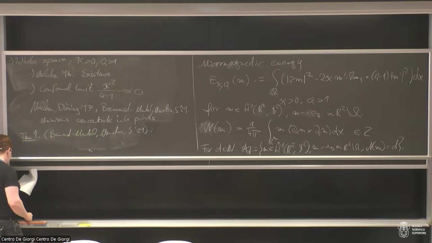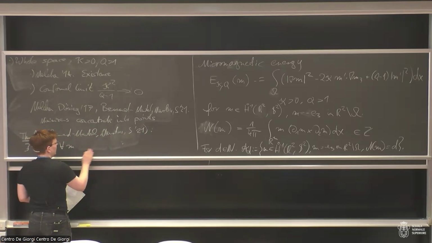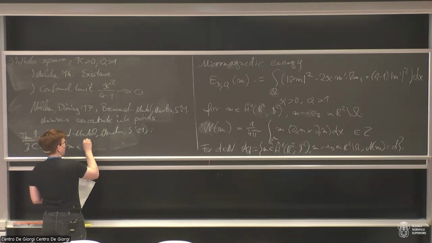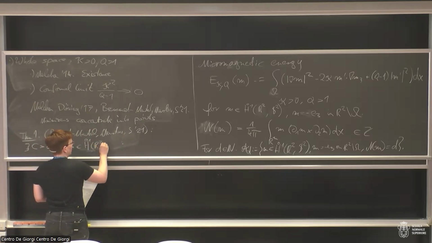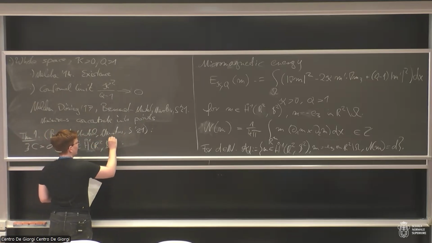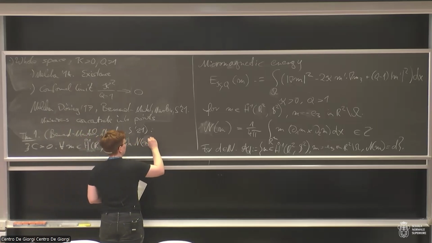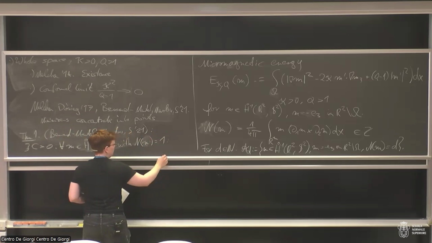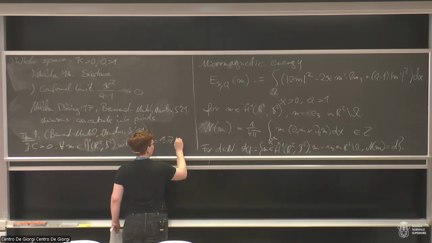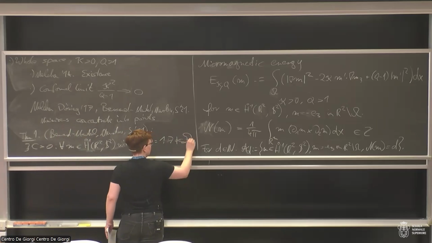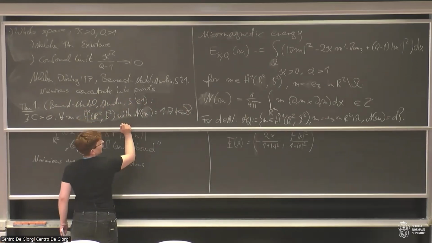And it says that, I'm going to be very brief, there exists a universal constant such that for all homogeneous H1 maps from R2 to S2 with degree equal 1, there exists a Belavin-Polyakov profile such that,